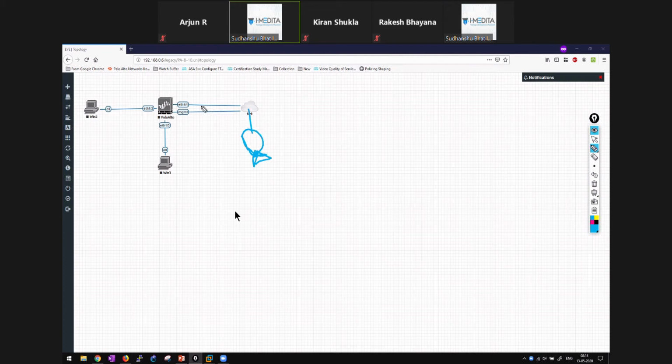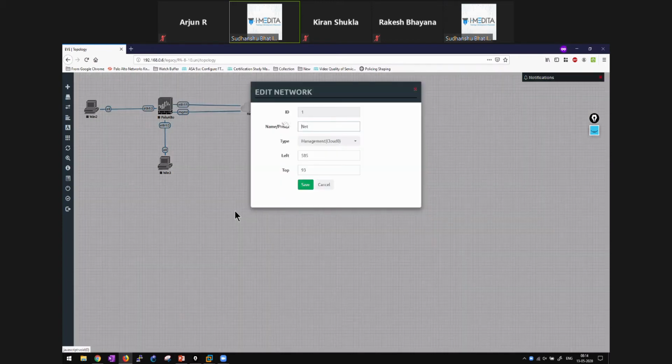Okay, so I can access this management interface directly from this web browser. Okay, because this is the physical network. And just to give you a better perspective, I can just